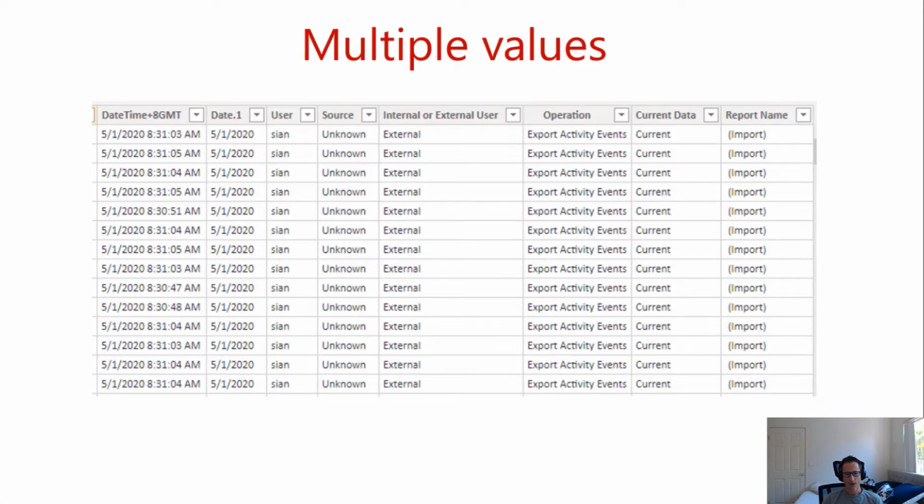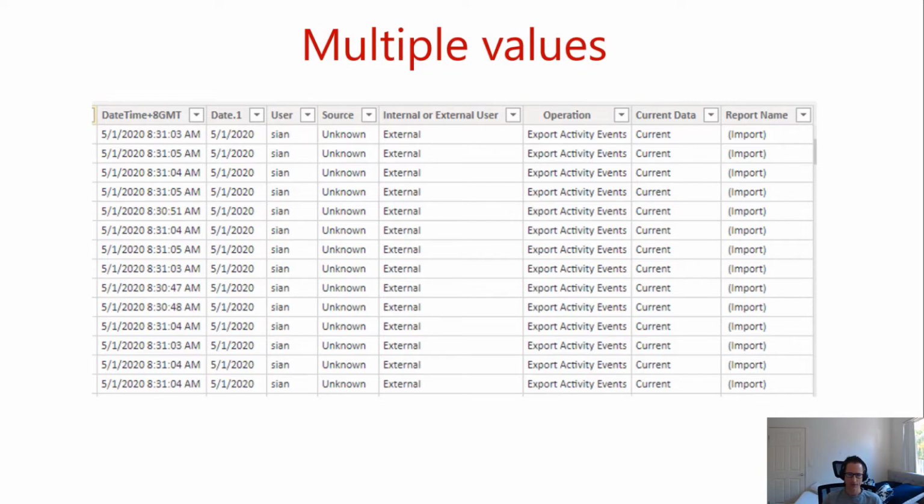Another thing I see quite often is you sometimes have a table with multiple values as shown on the screen. The date and time is almost unique, but the user, the source, all those other columns are actually repeated again and again. Now while the VertiPaq engine is very good at compression, it still has to store a lot of this data, so that when you want to use it, you can see all of these details. And this is where often I've seen over the years people saying, oh, why do I need dimensions and facts? Why can't I have it in one big single table, almost as the example seen on the screen? While that certainly is possible,